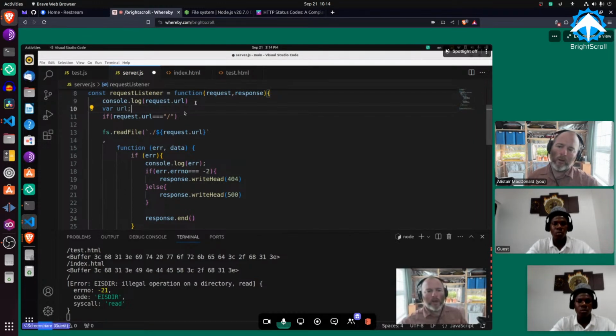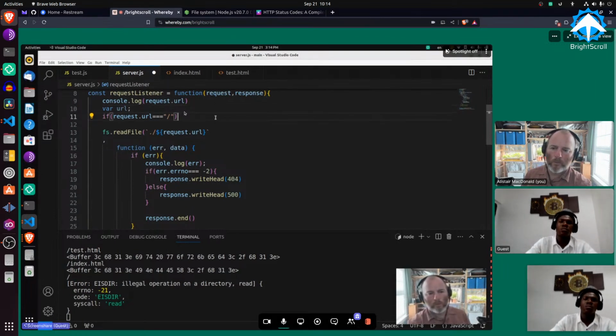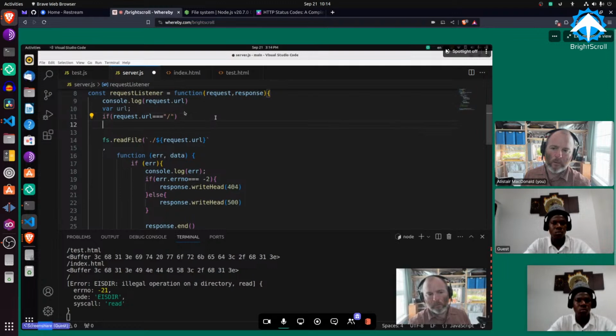So then we're going to store, we don't want to update request.url because that's an object coming from the libraries in Node.js, from the modules. We want to set the URL variable ourselves. So we're creating our own variable URL. Then after the request line, if you open a curly brackets, so open curly brackets,